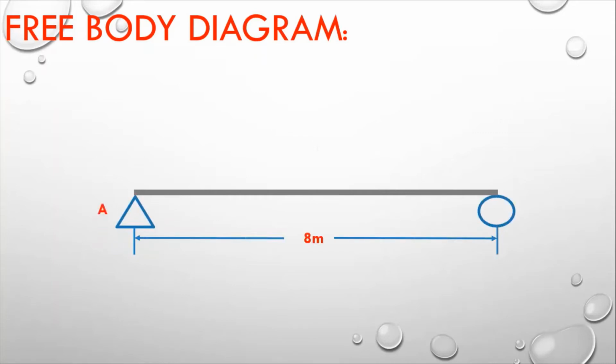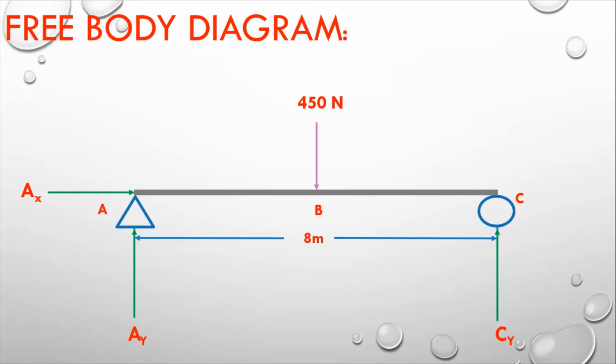It is A, then B, then C, because the point load is acting at the center of the beam, that is 450 Newton. Now there are two support reactions at A, AX and AY, and one at C, CY. So we have to find the support reactions first. And how can we find them? We are moving towards the next slide. Hopefully you will understand it.